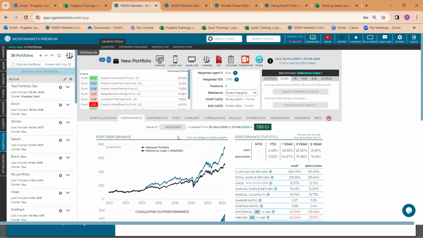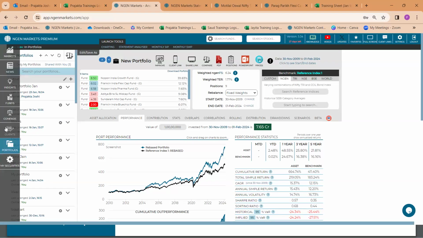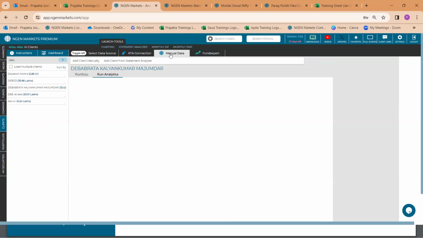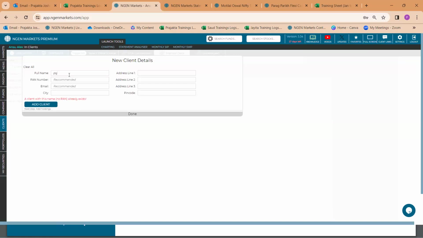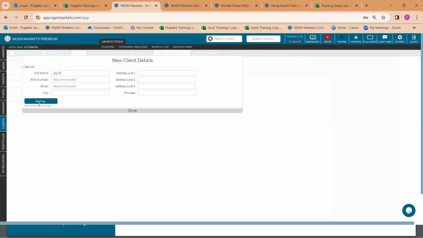Let's say for a prospective client, you do not have an eCAS. Let's say you also do not have the holdings in an Excel sheet, but you simply know, okay, these are the 4 funds that he has. So you typically simply go to the client section, go to the manual data tab, click on add client manually, put in the name of the client. So let's say PSJ, I click on add client,